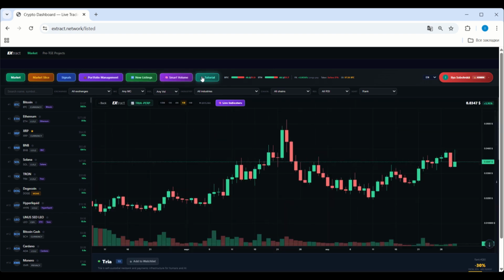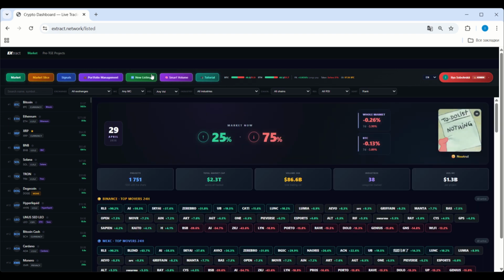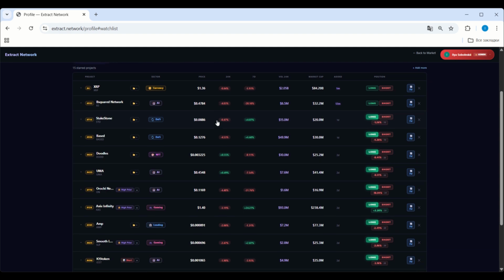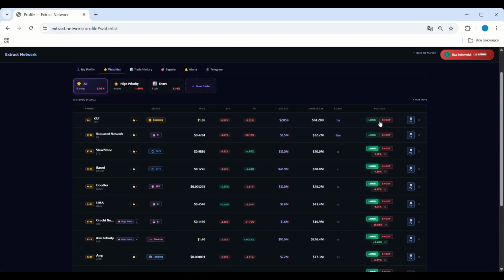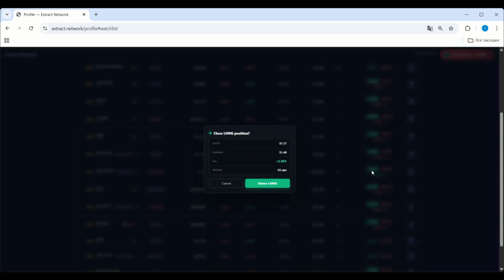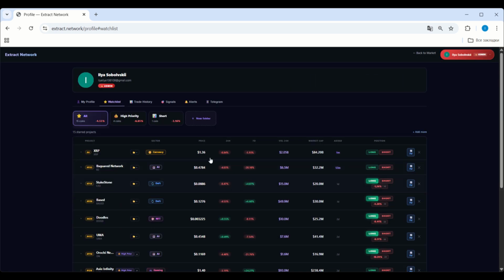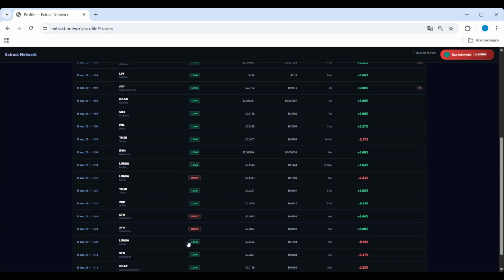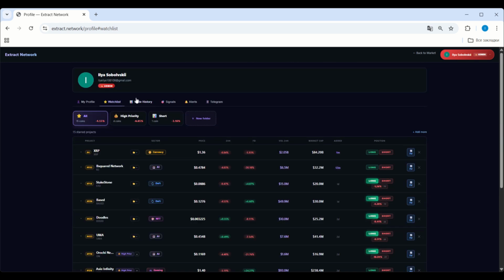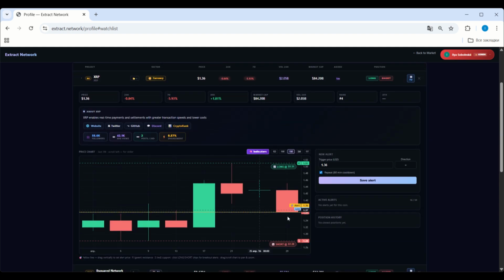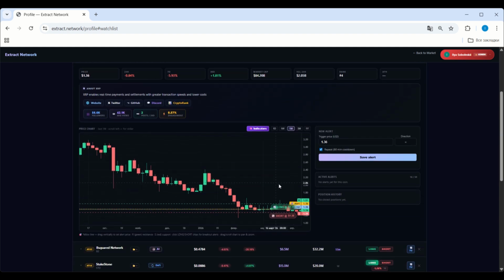Then you also have portfolio management, where you're able to understand your current position on the market. You're able to take a long, short, or close your long. Everything will be in your trade history, so you can understand how it performs, your position, and so on. You can open the positions. You can see how the charts look right now.